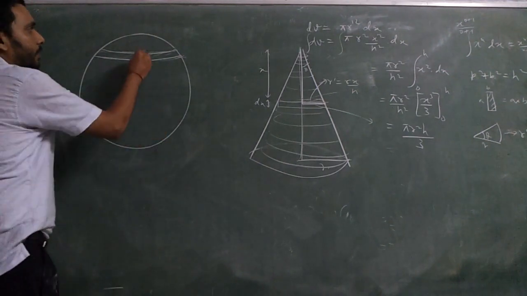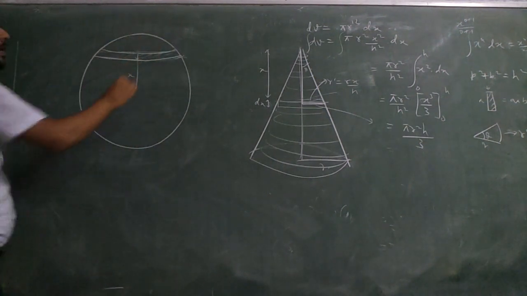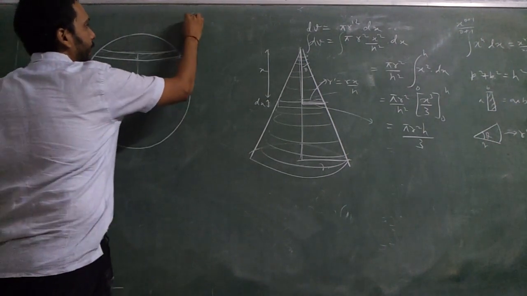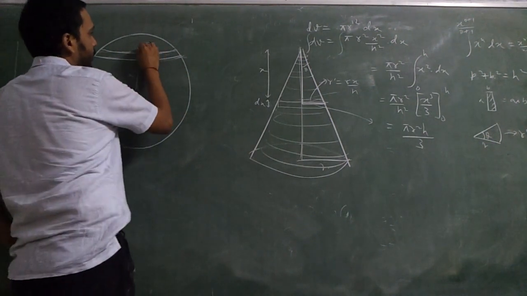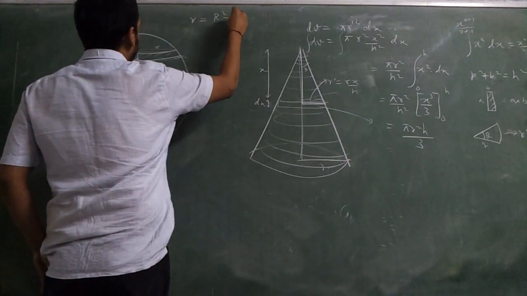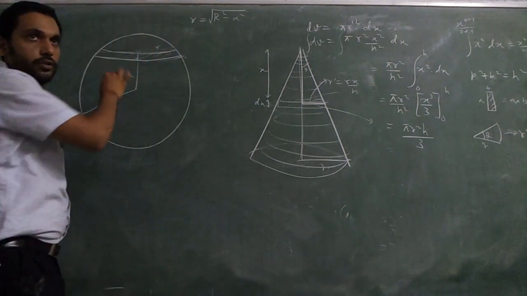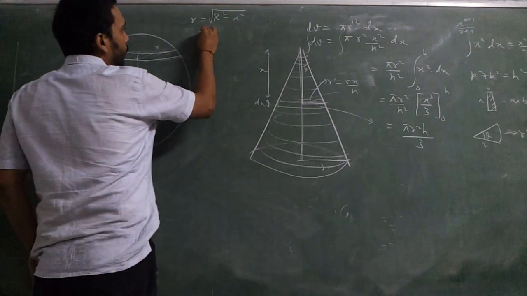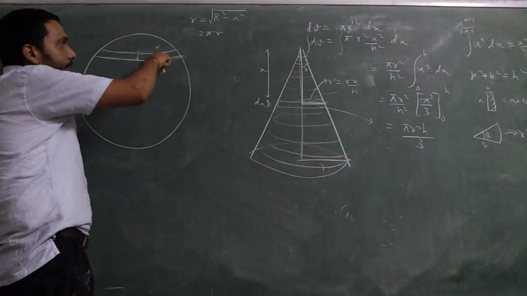Now, the length of the circumference is how much? 2 pi into the radius over there. He found the radius over there, say the total radius was capital R and this radius is small r. He found that small r as under root R square minus x square. And he said that the circumference, 2 pi r, which is 2 pi under root R square minus x square, into dx, is the area. That is wrong.